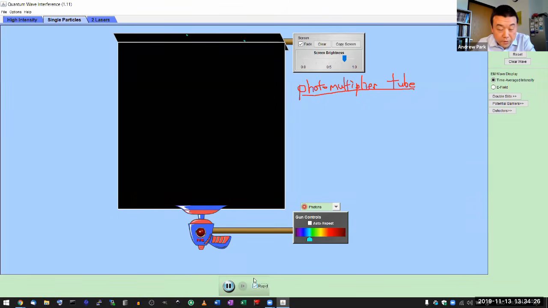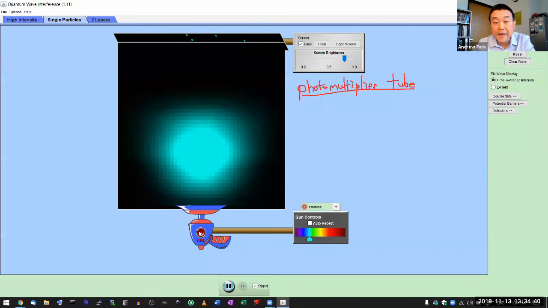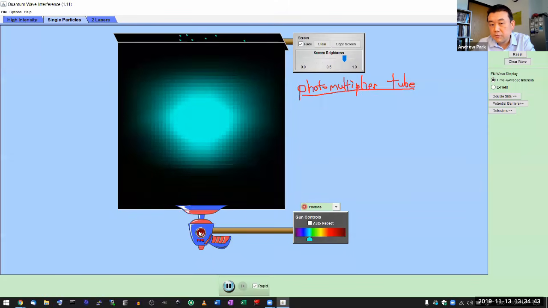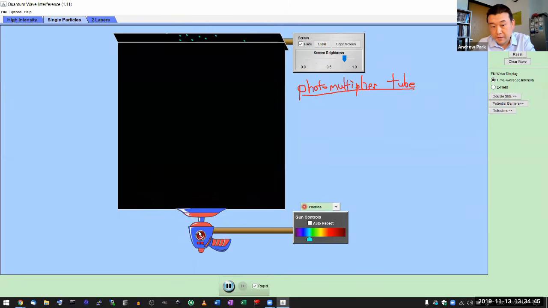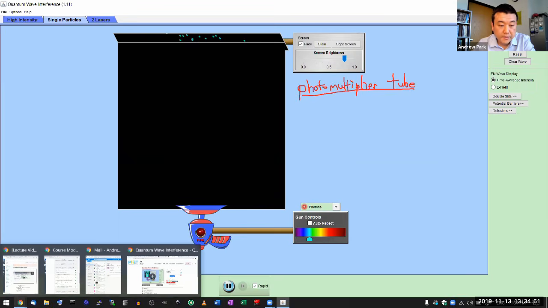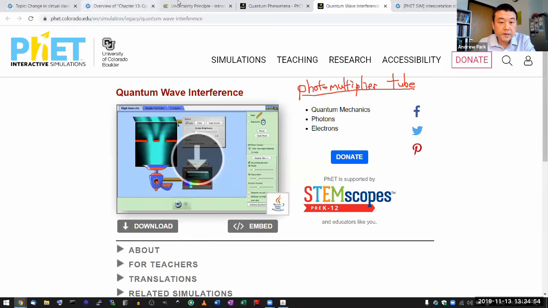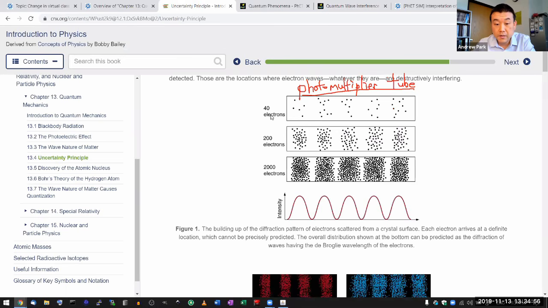Okay, rapid. That looks maybe a little bit better. My photon is over there, but it's still at a single point. It's not spread out. So now you can fire it repeatedly, and each time you fire a photon, each time you detect it, you will see it detected as a single particle. And that's what this figure was illustrating. Here it's electrons: when you have 40 electrons, those particles are detected like this.